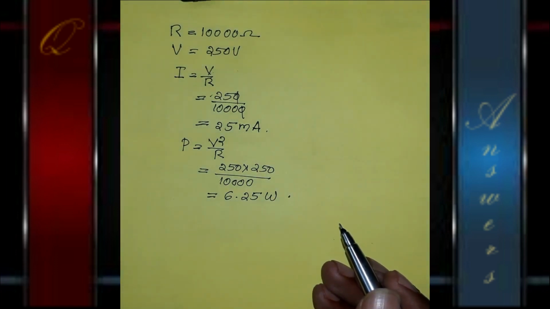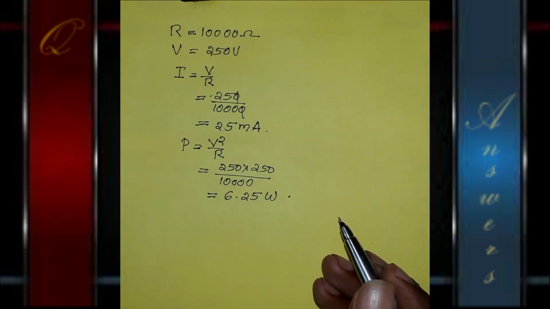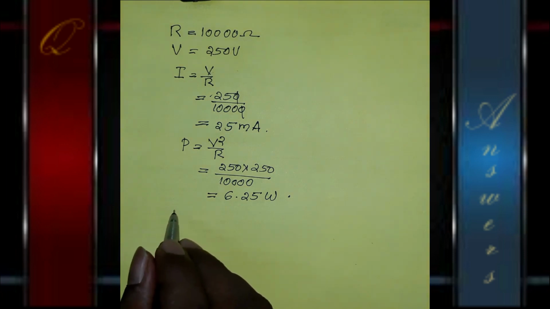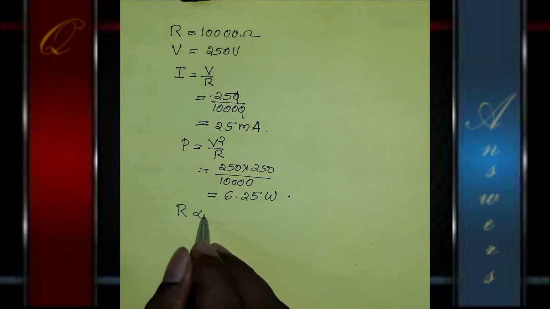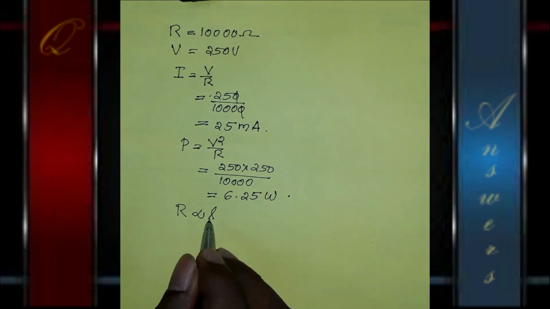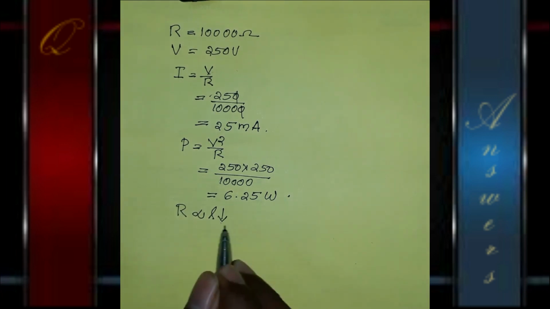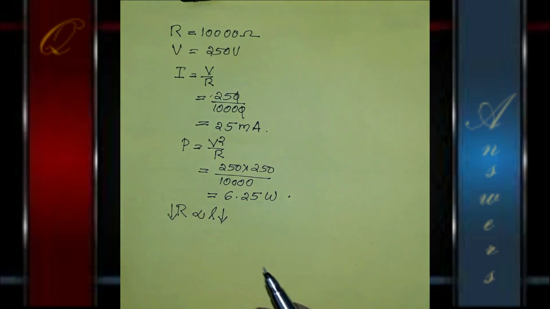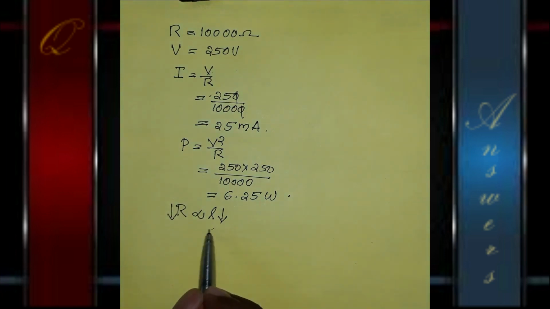Then next question is, will there be any difference in the temperature if we reduce the length of the heating coil? If length of the heating coil is reduced, you know that the resistance of a wire is directly proportional to length. So if length of the heating coil is reduced, the resistance will be decreased. Total resistance will be decreased. And now the heating coil is connected to the same potential difference, same voltage.